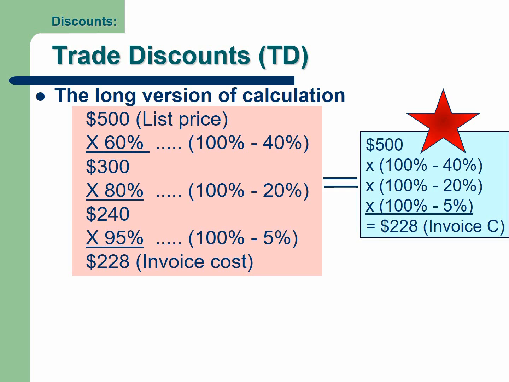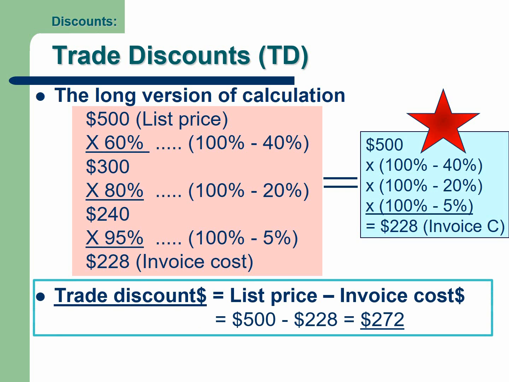But as long as you do the series of multiplications, doing the 100% minus the trade discount percent, the first one and second one and third one in this manner, the chain of the trade discounts, and apply them in this manner, you can get the invoice cost. Okay? And this is the simplest among the three methods or three versions of the calculation that I showed you in the previous slide and this slide. So I recommend you to use this one the most, but all of them are basically following the same logic and the same mathematical concept.